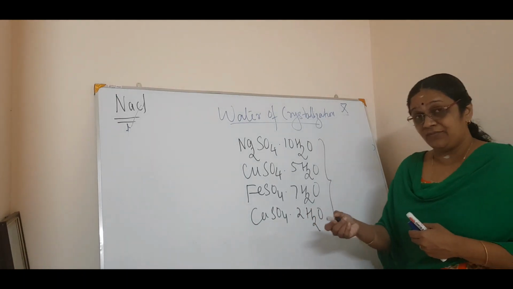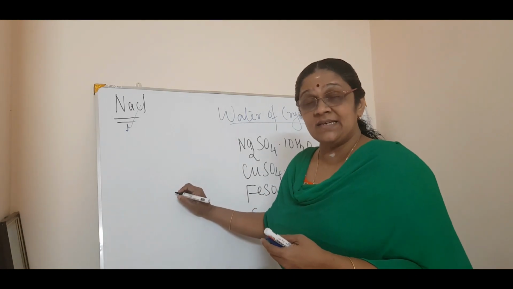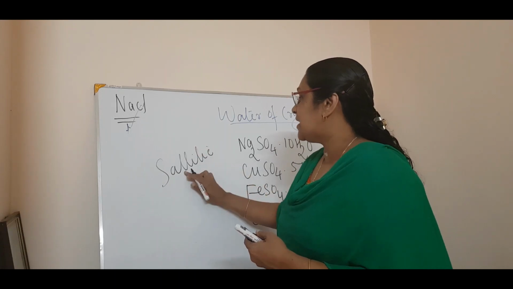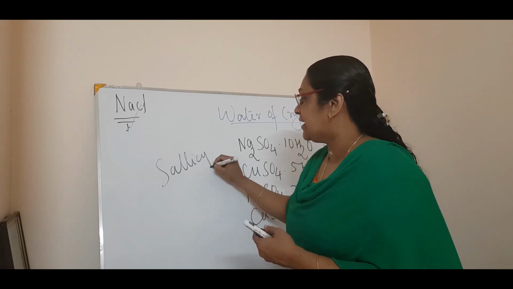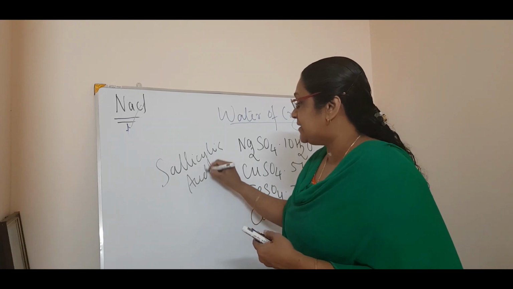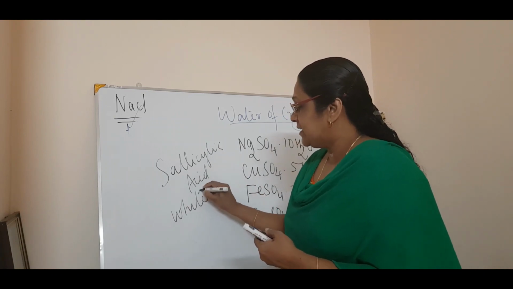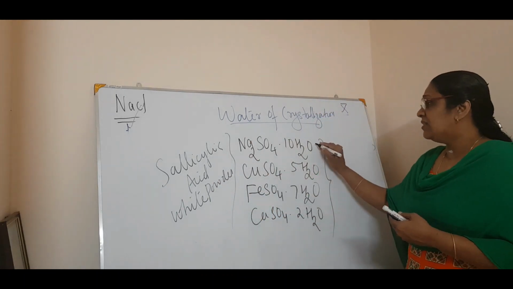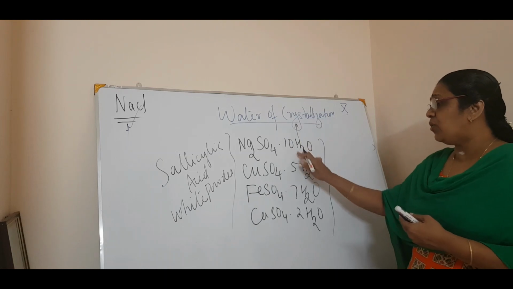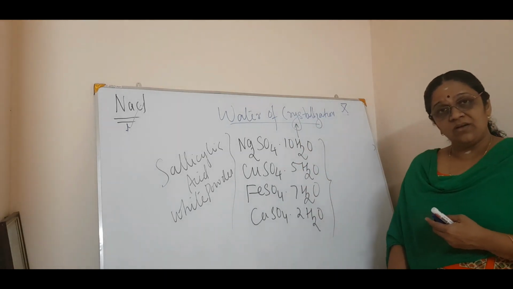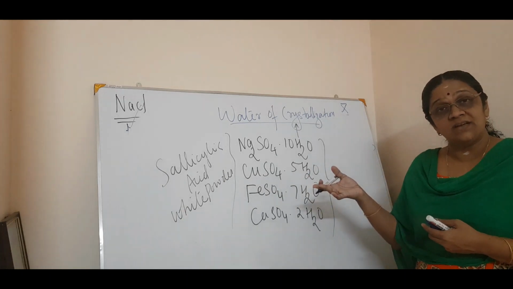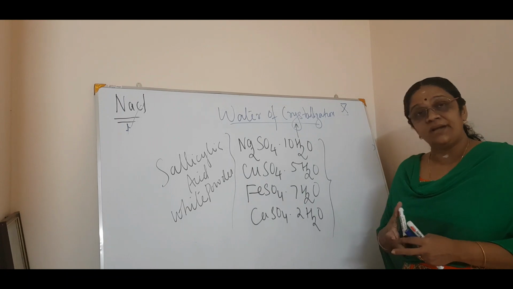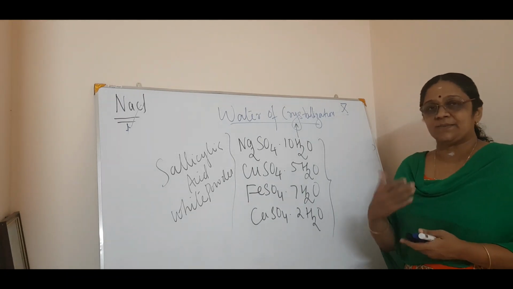Even acids, you must be wondering, is an acid a salt? Yes, like salicylic acid. Salicylic acid is a white powder. Even though it is having water of crystallization, even though it is having water molecules, why is this not wet, why is it dry? The question is, why are these compounds dry or solid substances and not liquid substances?